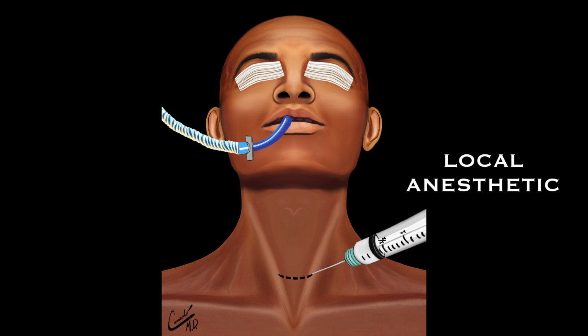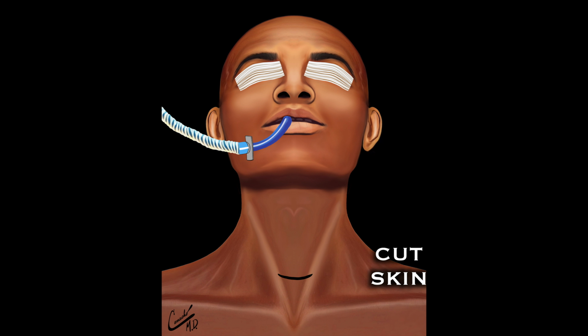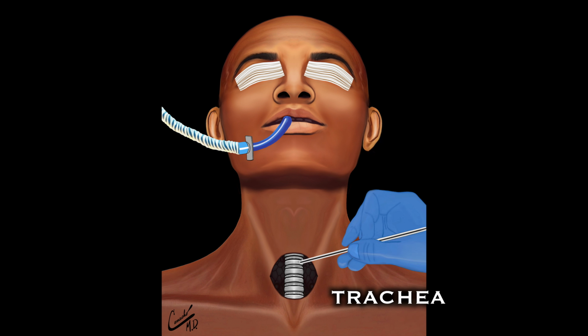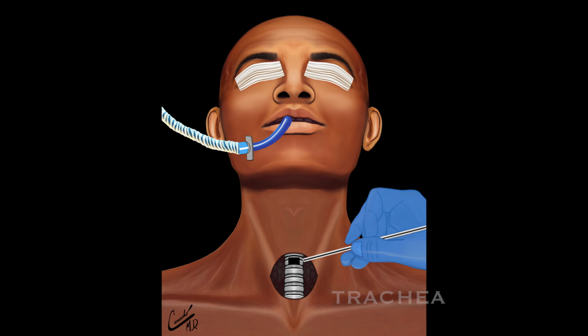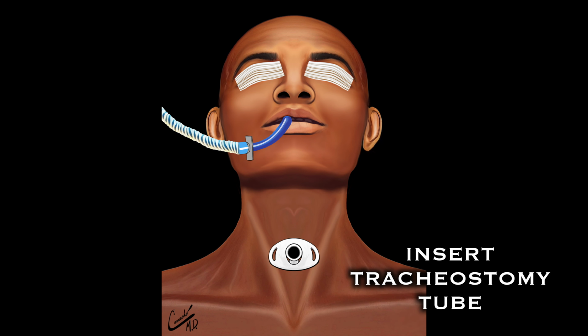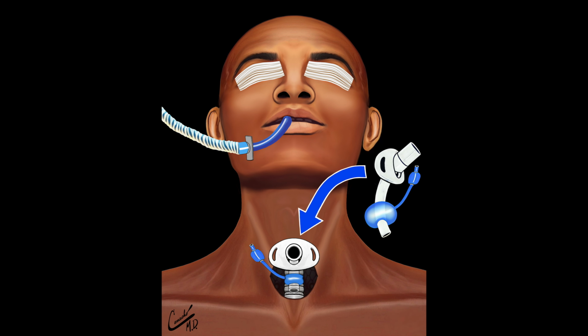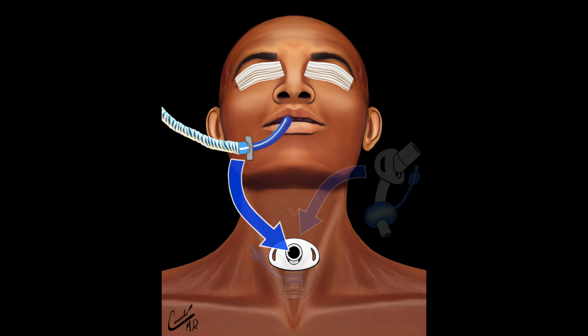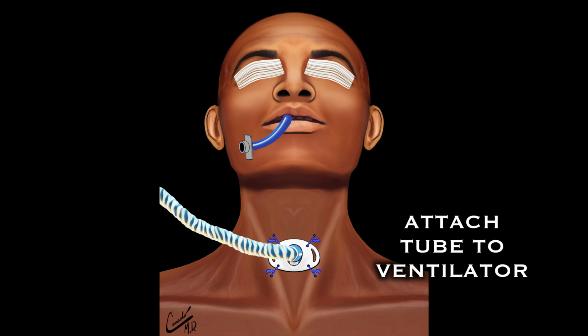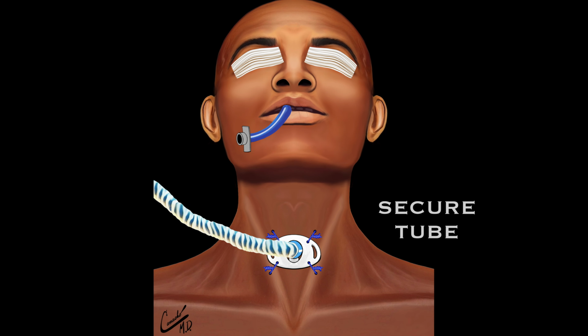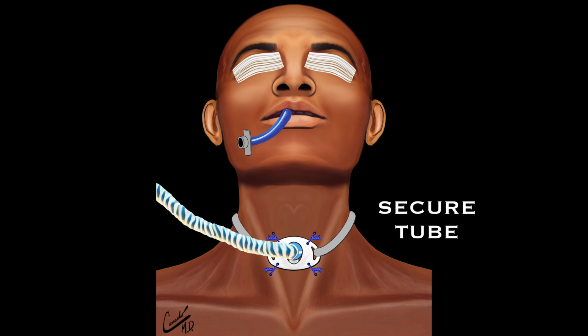Local anesthetics are placed where the skin will be cut to help minimize any pain. A cut is made through the skin. The fat, muscles, and sometimes the thyroid gland will be cut and carefully moved away from the front of the trachea. An incision is made into the trachea near the second tracheal ring. The tracheostomy tube is then placed into the trachea. The cuff on the tube is inflated. The tube is connected to the ventilating machine, and the tracheostomy tube is secured to the patient using sutures and